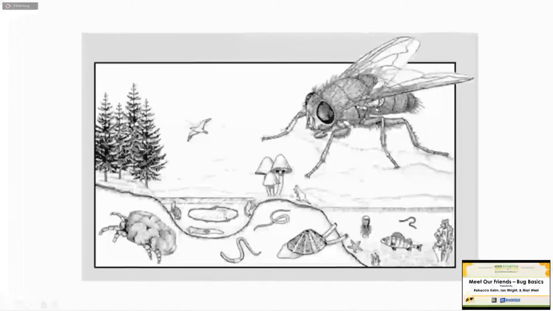Insects are clearly the most diverse organisms on the planet. There's near about, if not over, 1 million described species of insects, just of insects, on the planet. And estimates are upwards of 10 or more million that remain undescribed, that we just don't even know about, we haven't discovered yet. There are just that many insects.